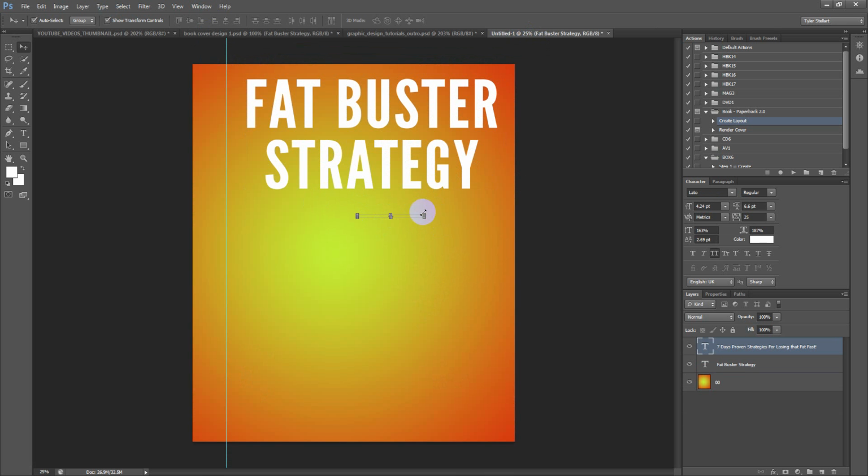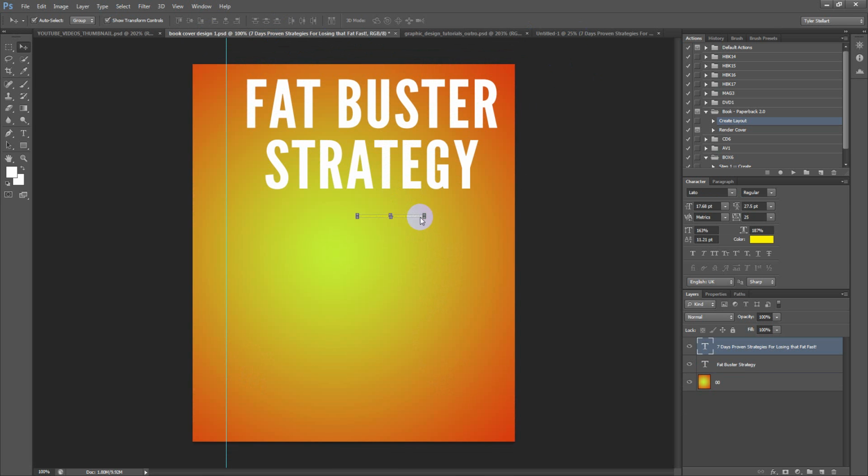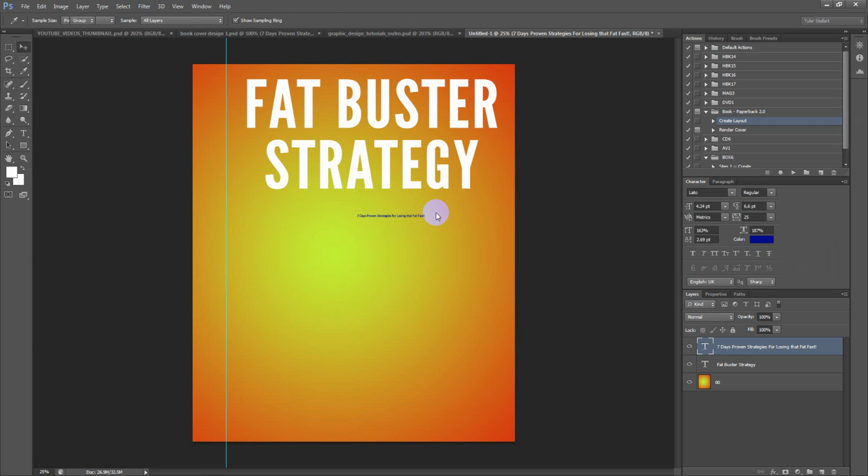Okay, we have that. Now since the subtitle is yellow from this side, we want the subtitle to actually shoot out on this one that has a lemon green and an orange background. So what we're going to do is change the text color to probably blue. Okay, so once we change it to blue,